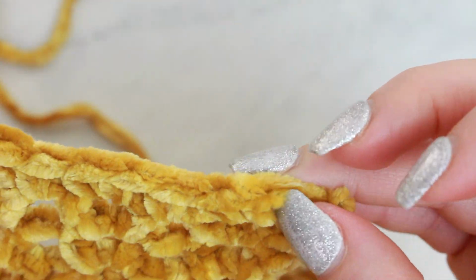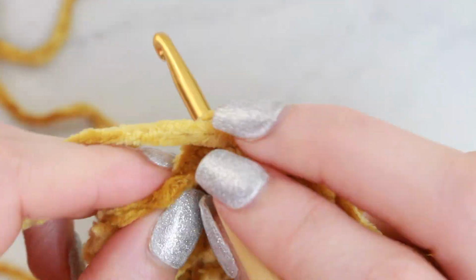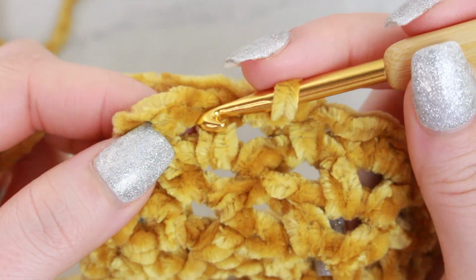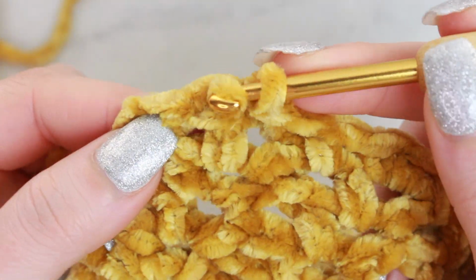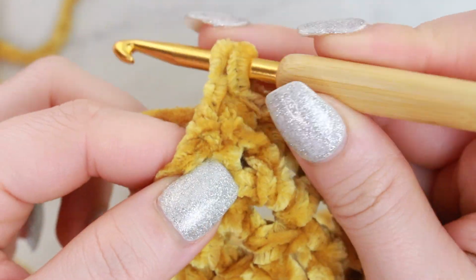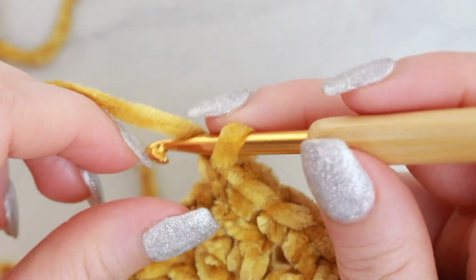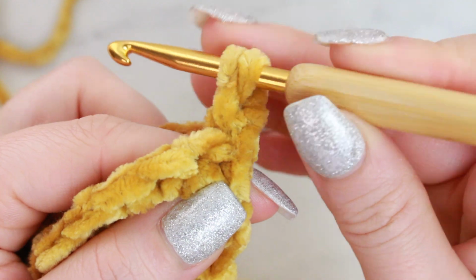So we have 1, 2, 3, 4, 5, 6, 7, 8, 9, 10, 11, 12, and then here at the end we are just going to add the last 2 that we have to do, so that we have 14 stitches in total. So I'm going to be adding 1 here and then 1 right at the end into that single crochet stitch. So we have here now 14 single crochets, and now we are just going to be chaining 1, turn project,